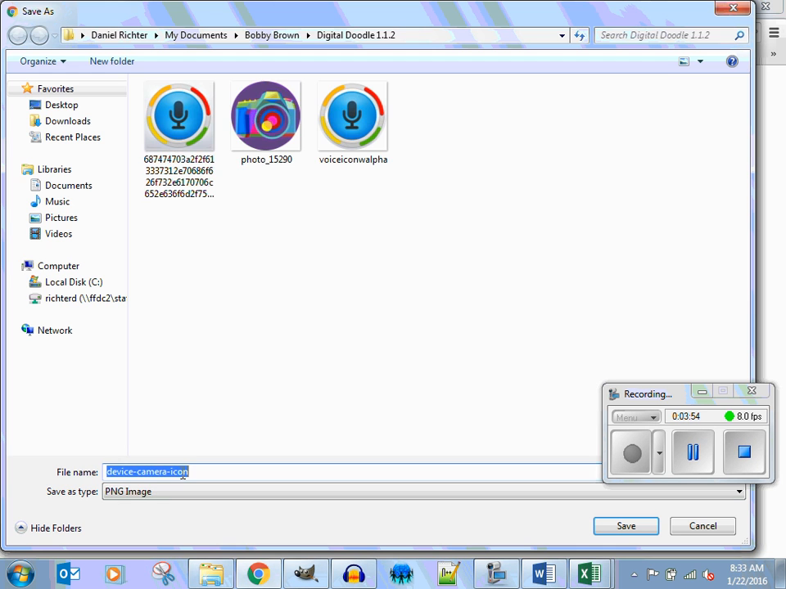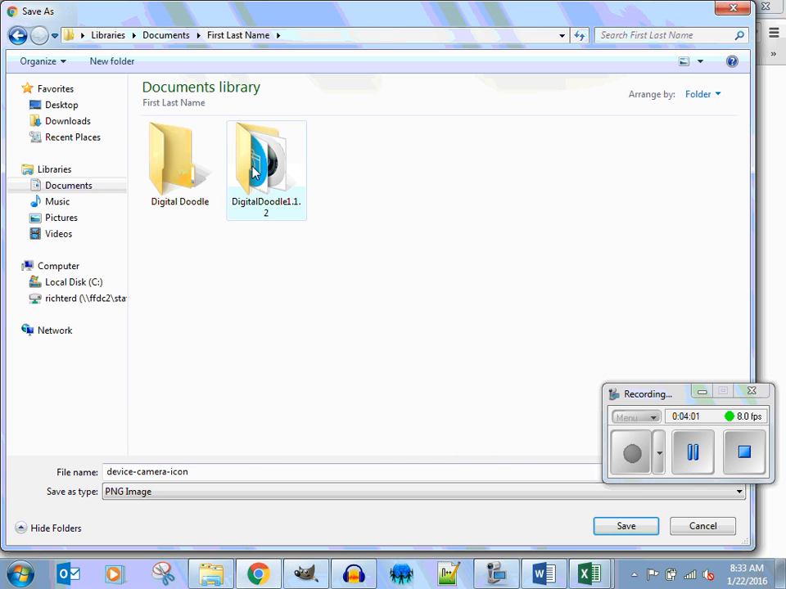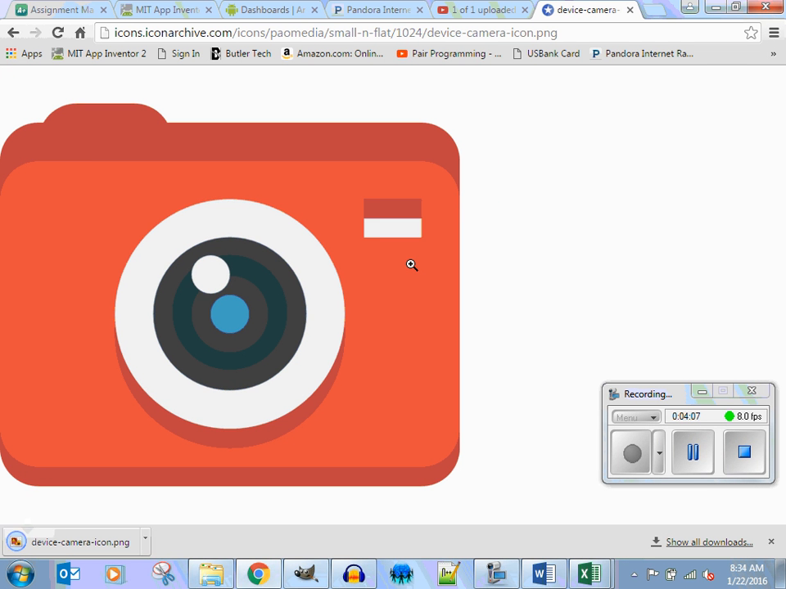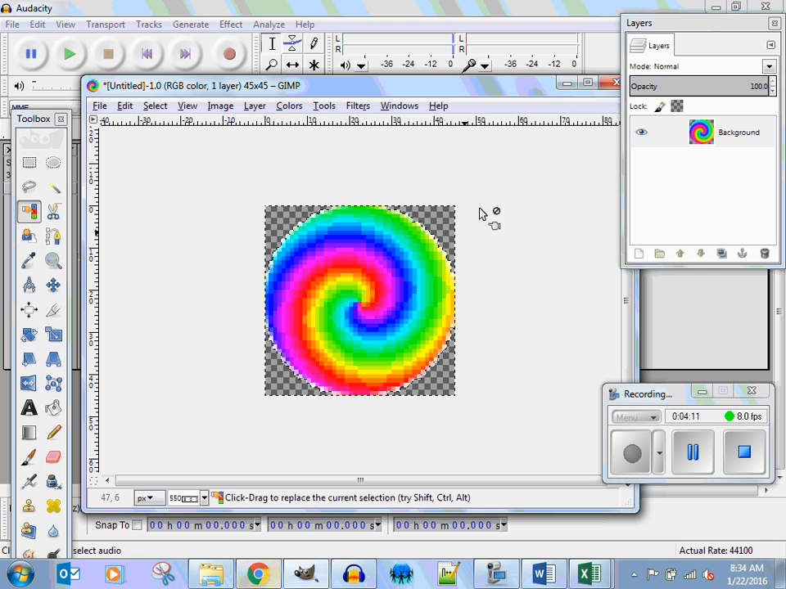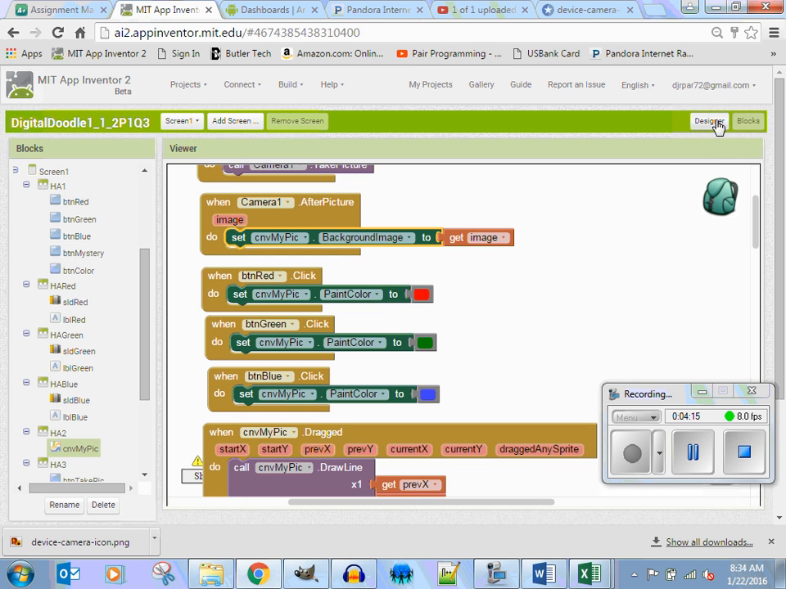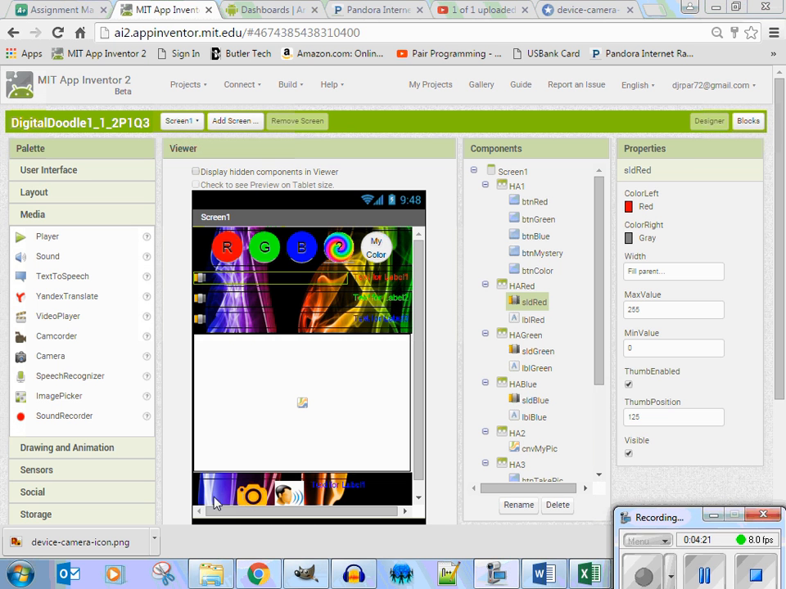save image. And then here what you want to do is go back to your documents, and you want to remember you would go to your first name folder and then your digital doodle folder. Are you with me? So I would put this in your digital doodle folder, and now it goes into that folder. And now I would go back to my MIT, and I go back to my designer, and so we'll change this orange button out and we'll make it red. So now I click on this camera,